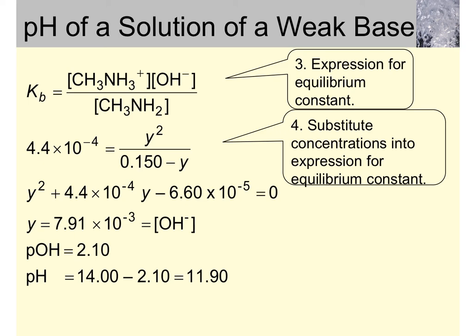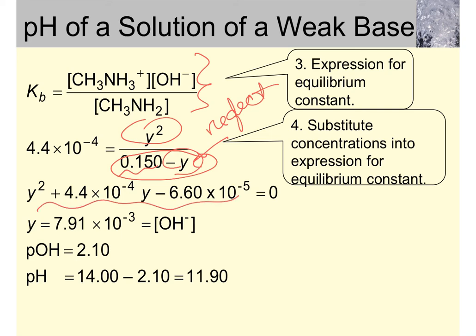Plugging the values from the ICE table into the expression for Kb, even though I believe it's safe to neglect the Y value when subtracted from the original concentration, I want to keep it for now because I'm going to introduce you to something on the next slide called the 5% rule, and that's how you verify whether or not it's actually okay to neglect X or Y or whatever you call the variable. So I'm going to keep it in for now, and so I end up with a quadratic,